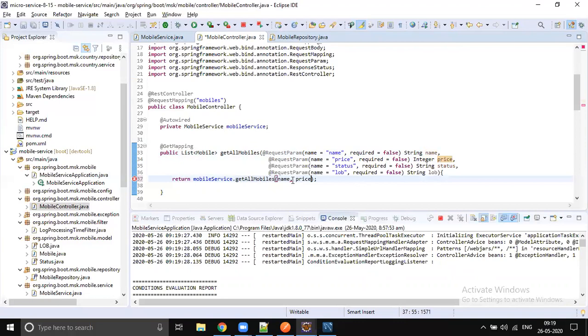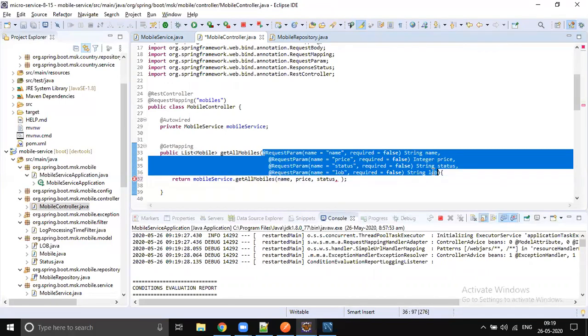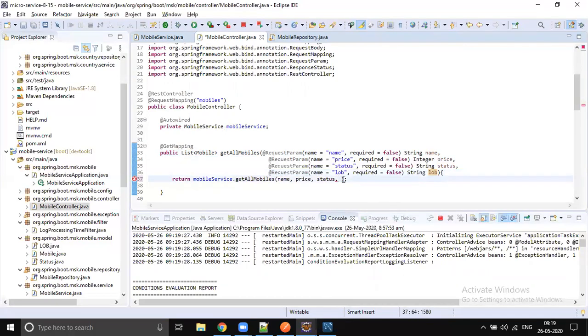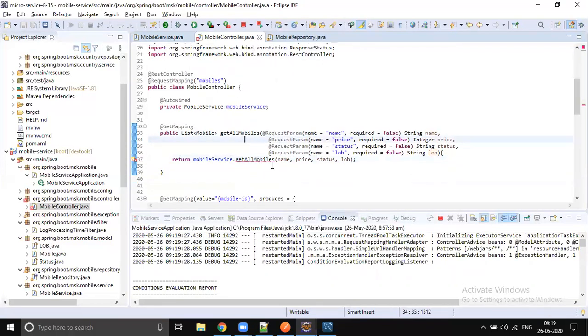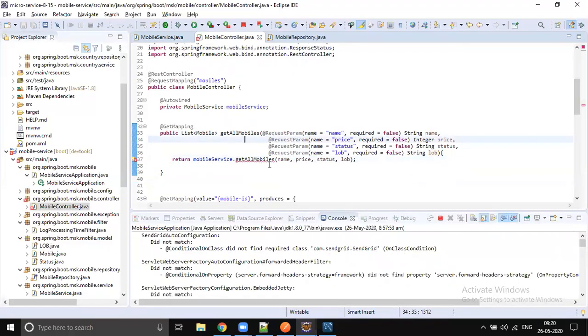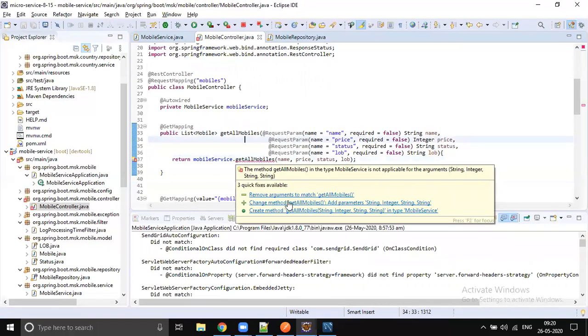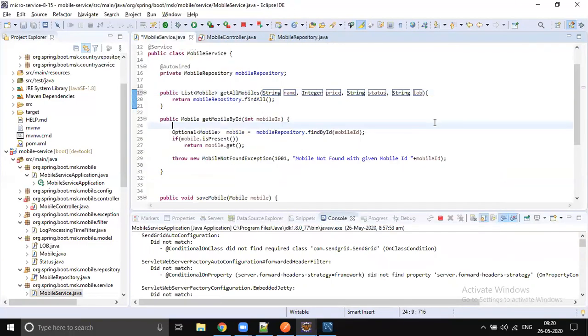If it is not coming, then a null value will be sent to the service. Right at this point, our service class get all mobiles won't take the parameters. So let's change the method signature to accept all these parameters, and let's pass these parameters to the repository.